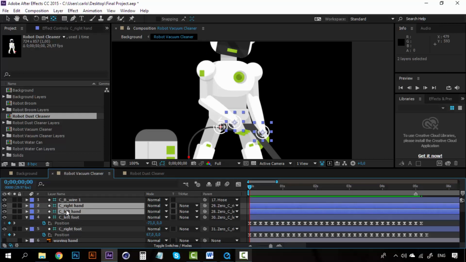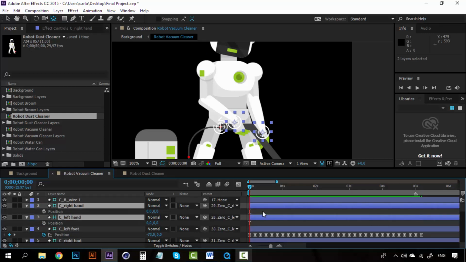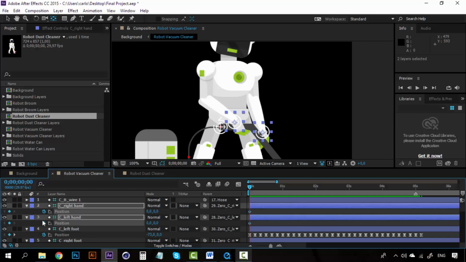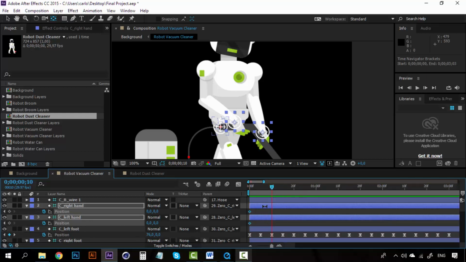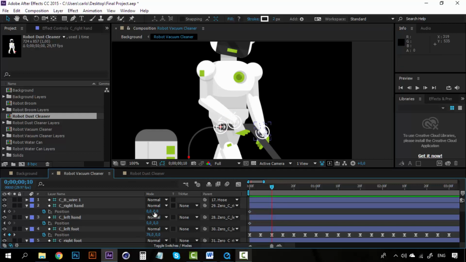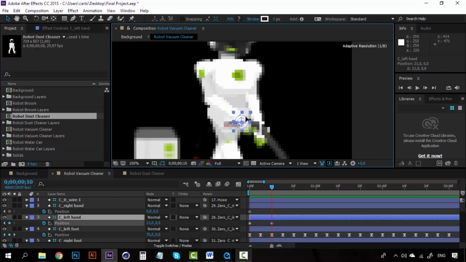So let's open the positions here for the right hand and the left hand. Create a keyframe here, and then let's move 10 frames, and let's move the right hand, the left hand, sorry,